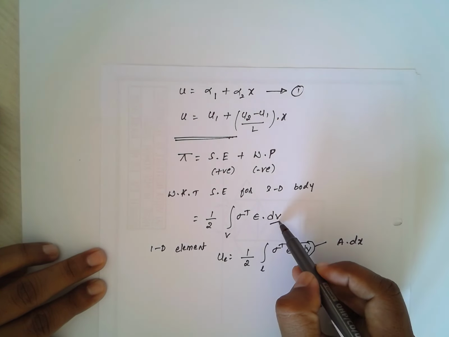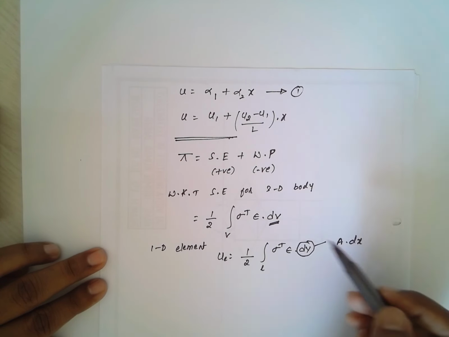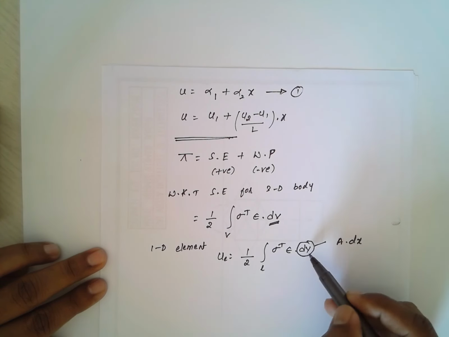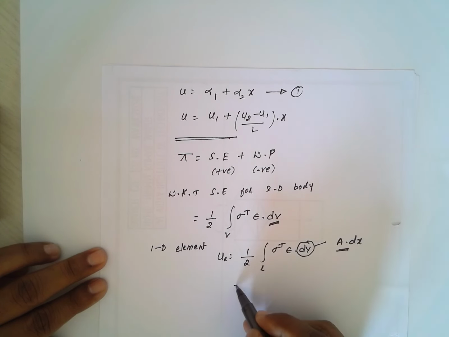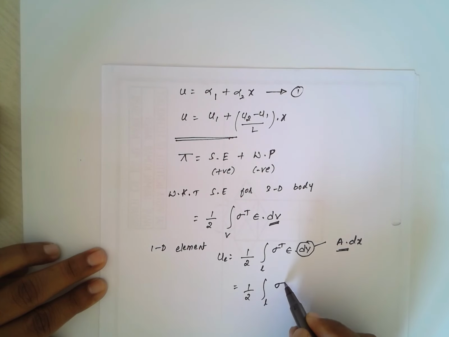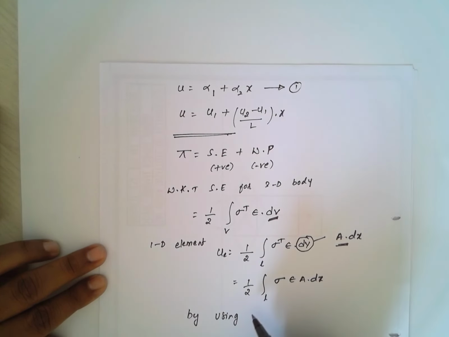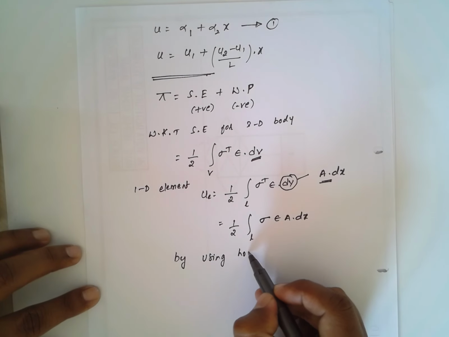In three dimensions the elemental volume will be dV. When we consider it as one-dimensional, the dV will become A into dx. So this will be 1/2 over the length, sigma transpose can be represented as sigma epsilon A into dx. And by using Hooke's law, we can write that,